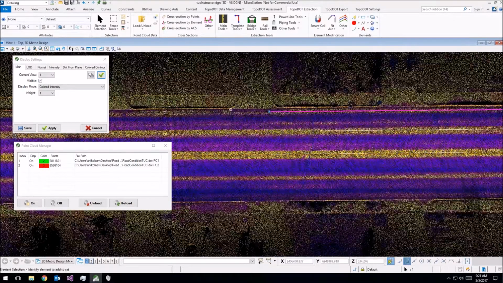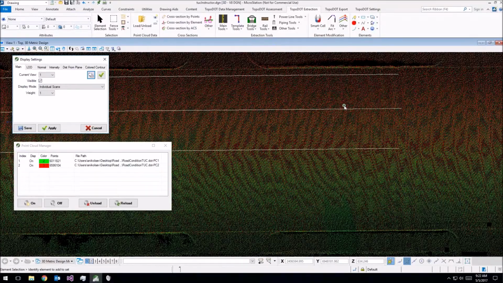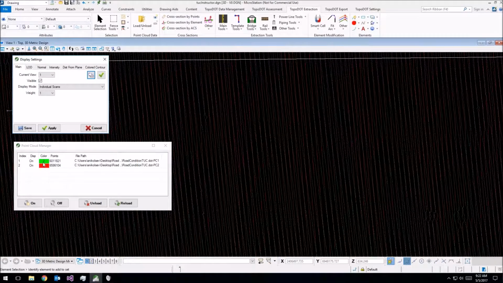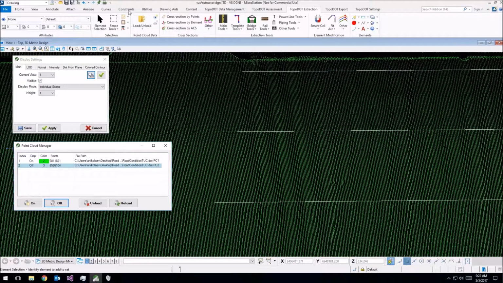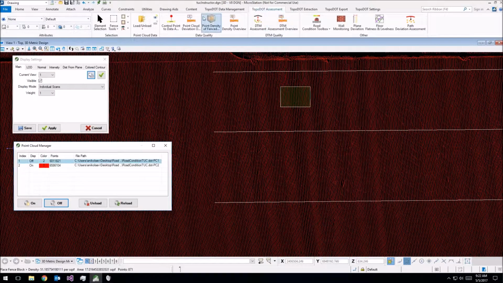Okay, so let me turn back to the individual scans, and in this case I'm going to pick the scan with the highest density of points. It looks like I can just go here and measure the density of the point cloud. Let's see, for my green scan it's about 51 points per square foot, and for the red data set it's about 140. So I'm going to use the red data set